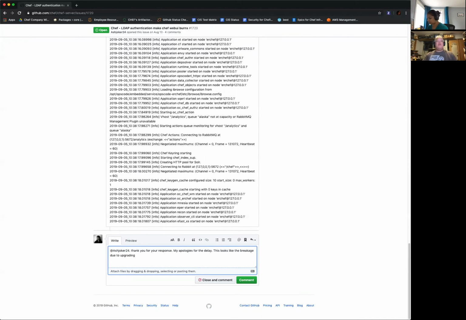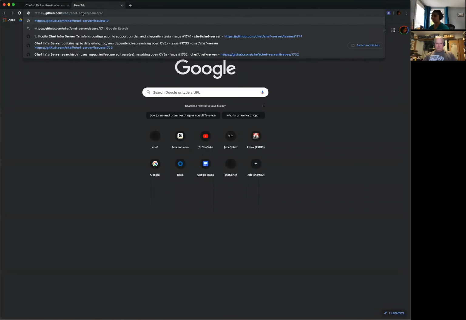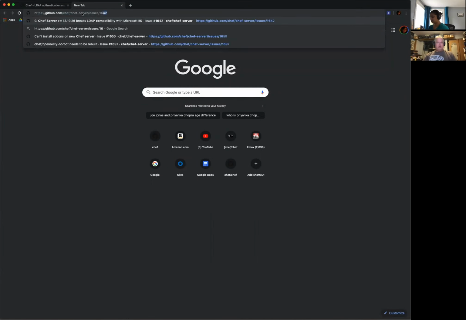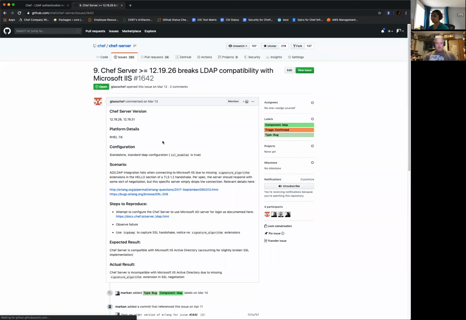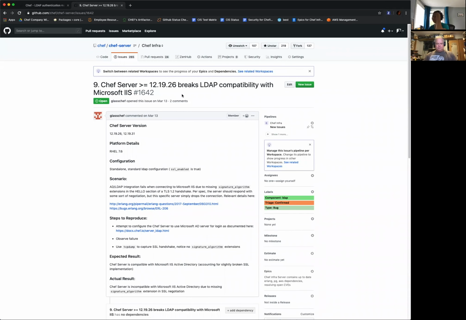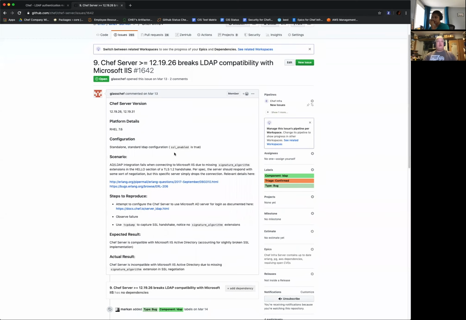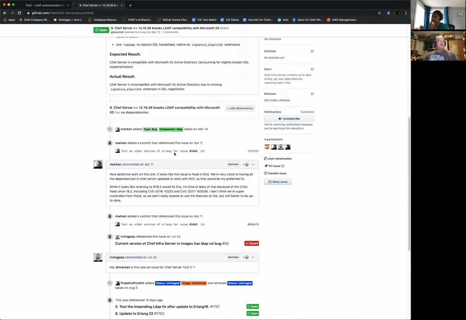I'm seeing if I can find that issue. 1642 might be related. Yes. This is the one that we are on point for fixing for the next release.